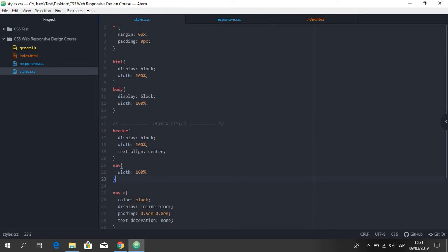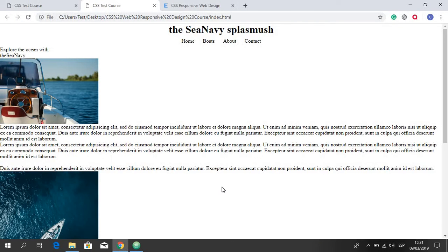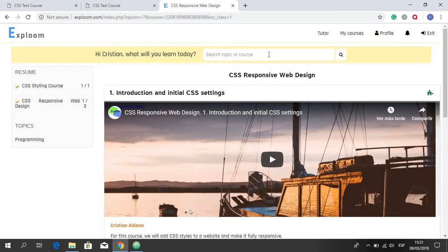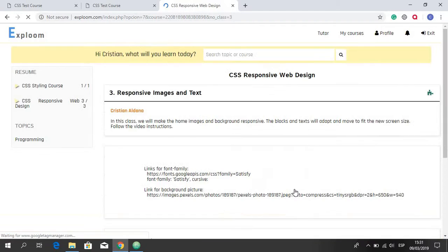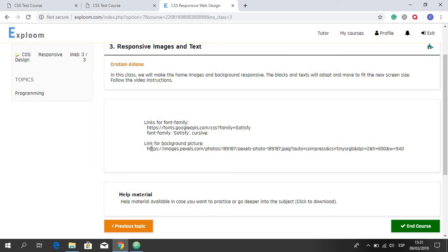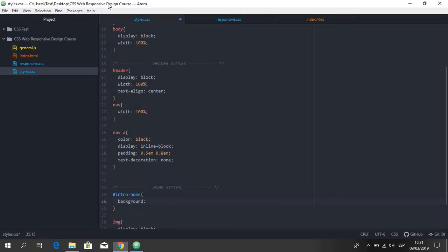So if we go to styles, these are home styles, intro home, let's put a background, and for the URL we can just go to the website I mentioned before, responsive images and text course. I'll leave the link in the description. I'm using this picture here. URL